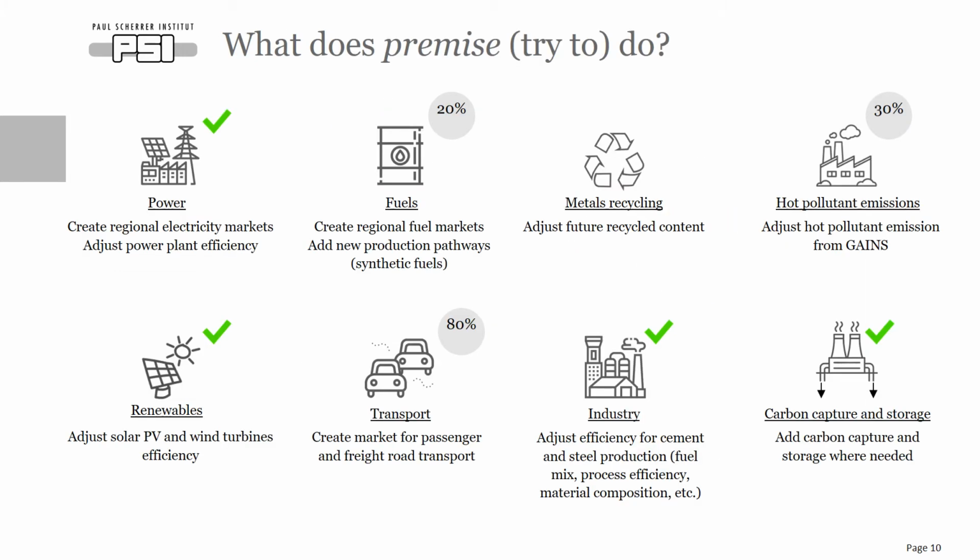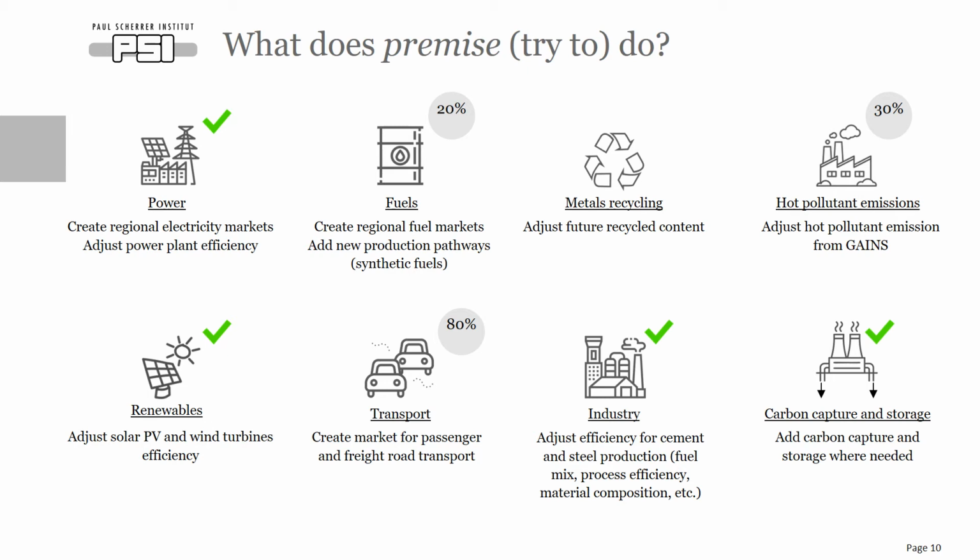We have seen that Premise is somewhat a central tool in that workflow we have just presented on the previous slide. But what does Premise do exactly? Well, Premise does already a number of things, and then there are some things it is about to be doing, and then there are some other things that are just on the to-do list for now. Today, Premise is able to do four things mainly displayed on this slide.